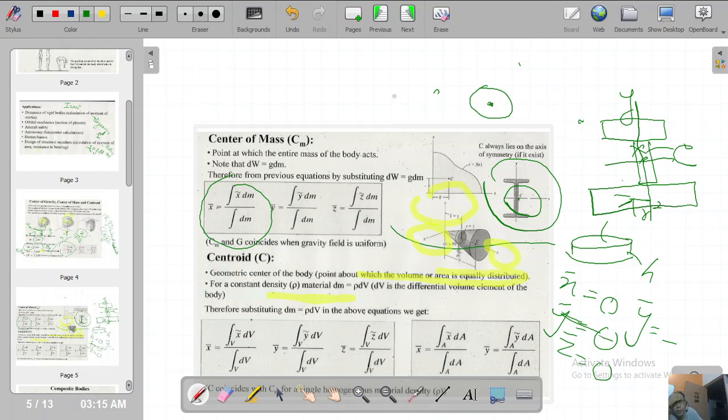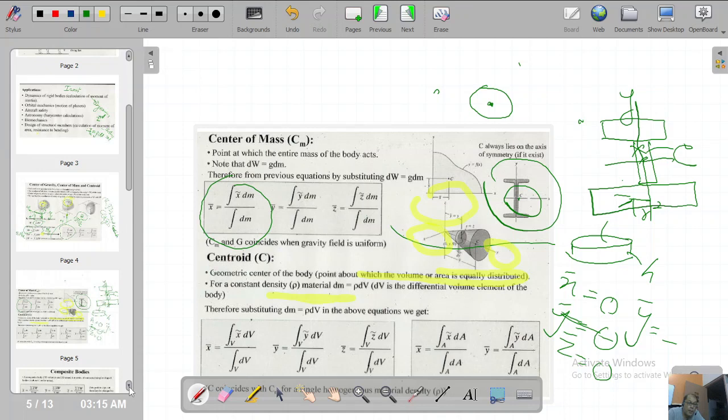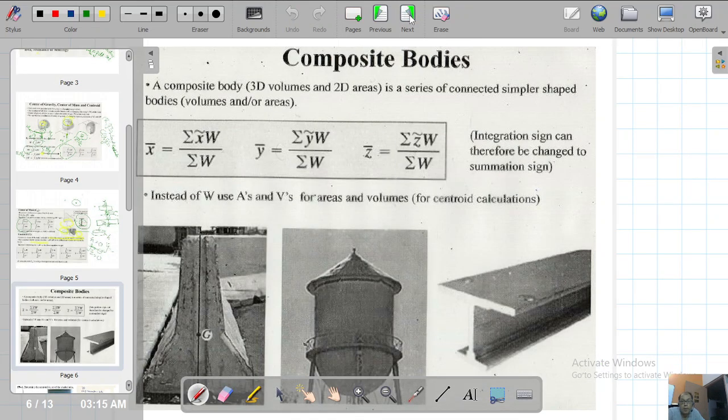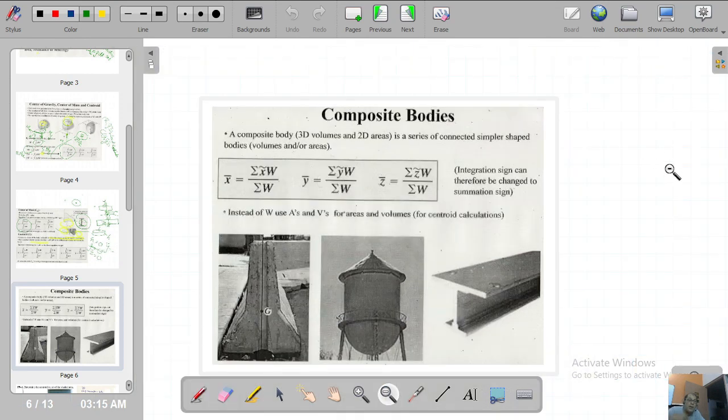so if we go to the next slide, okay, till now we were doing integration for these bodies. We were using integration signs, but remember one thing: if we have composite bodies, we are dealing with 3D volumes,